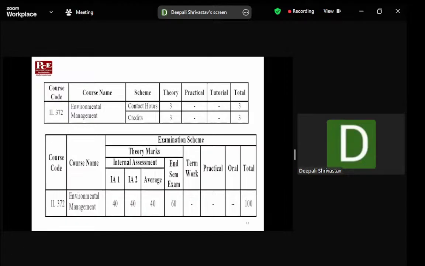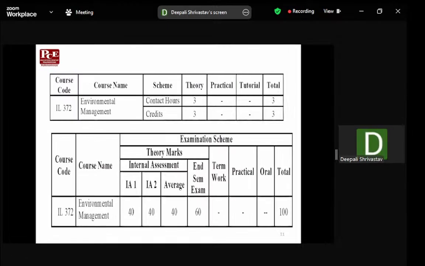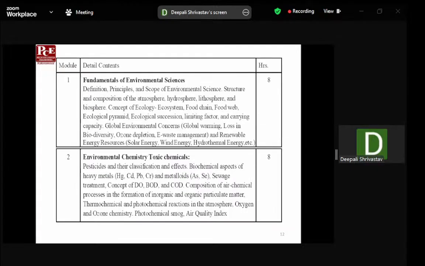for theory, a 3 credit course. IA1 will be of 40 marks. IA2 will be of 40 marks. One IA will be written, and one IA will comprise your case study and your presentation. And the end semester exam will be of 60. So if you go module-wise,